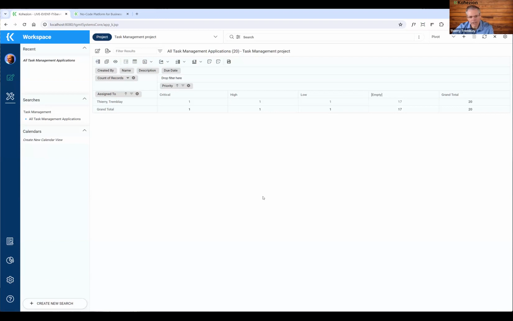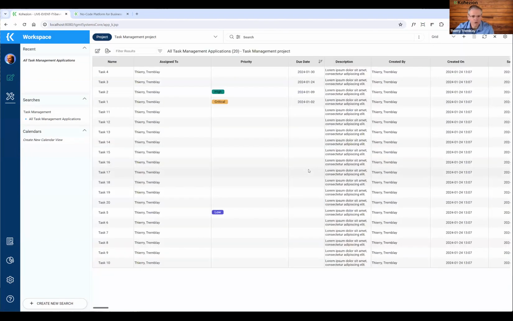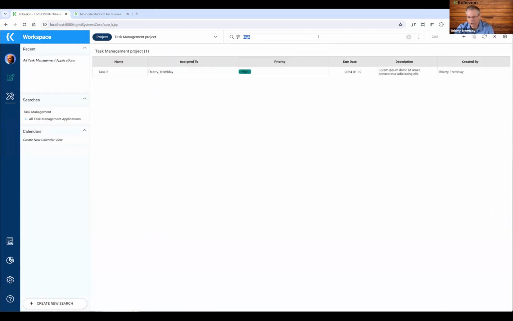So we know how we can see your tasks, we can view your tasks, you can edit tasks. Now you want to know how you can do some quick search on your tasks. Within Cohesion, it's fairly easy to do some searches. You can do a very quick search by just typing in some text there, and it's going to search all the records for that specific piece of text. Or if you want to do more of an advanced search and search only a specific field or a multitude of fields, you can say, okay, this due date is on the 9th,